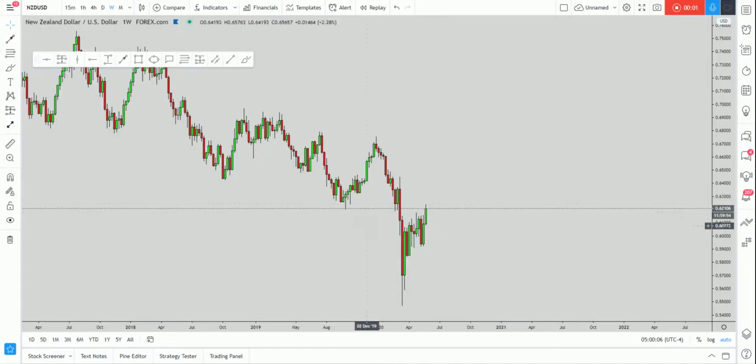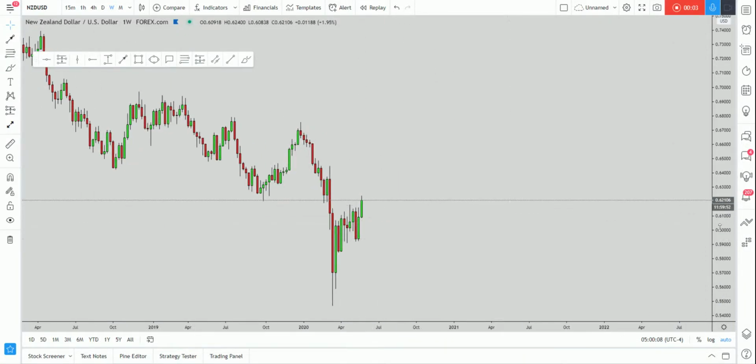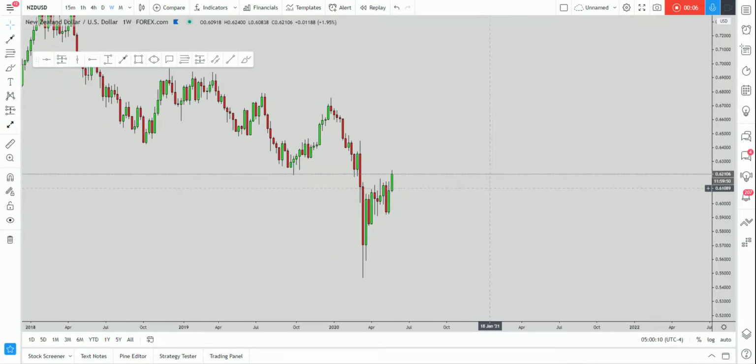Okay, so what kind of situation do we have at the moment on NZD USD? Now, this is a very interesting pair to follow for the week. So let's start and speak immediately why. Now, from a weekly perspective, what we can immediately realize is that the market has approached a very important level